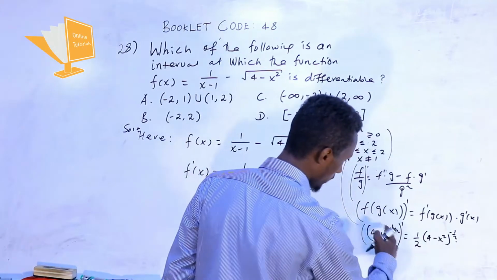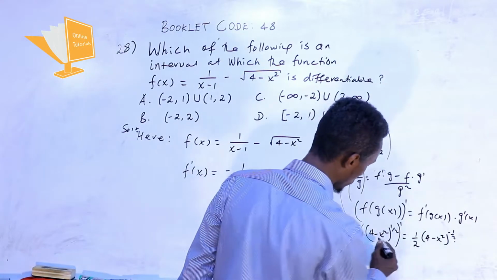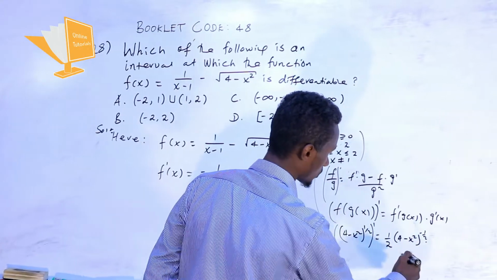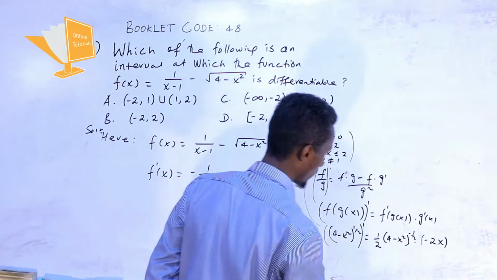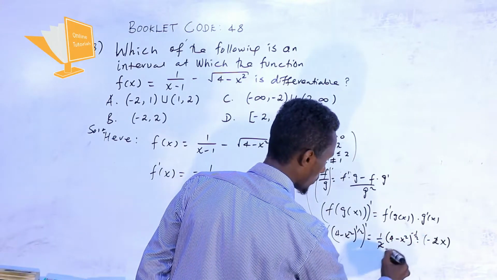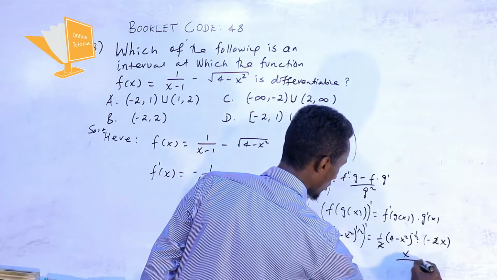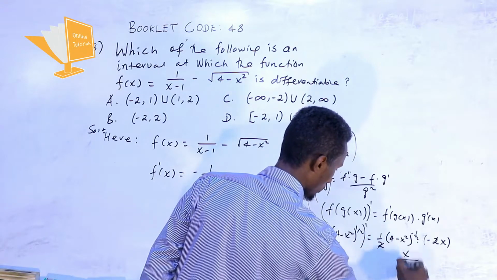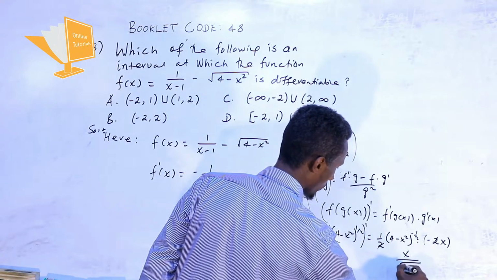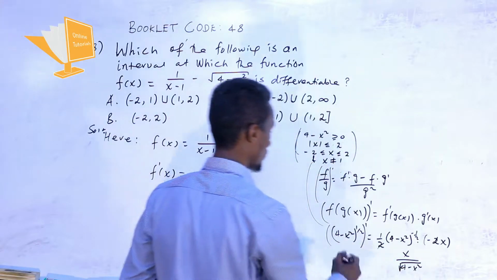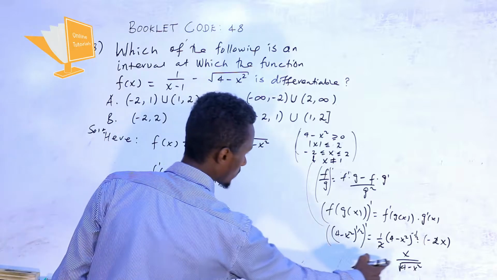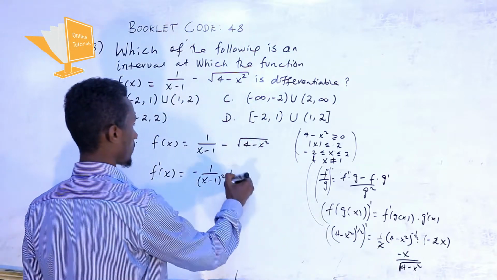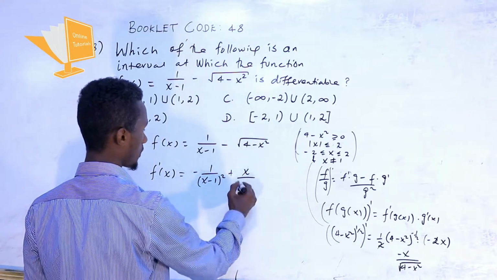Then times the inner derivative, 4 minus x square derivative, which means minus 2 times x ይሆናል ማለት ነው. ያ አሁን ይሄ በቱ ይጠፋና ምን ይቀራል? ይሄኛው x over, this is when denominator ላይ ሲመጣ 4 minus x square ማለት ነው የዚህ derivative ይሆናል. Then our sign is negative sign አለው, so this becomes x over square